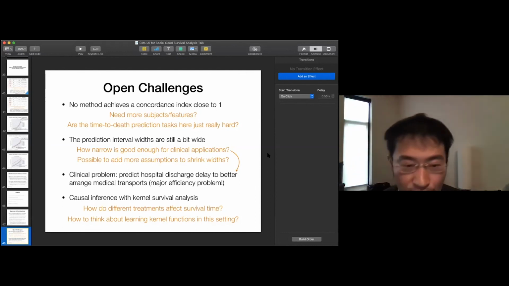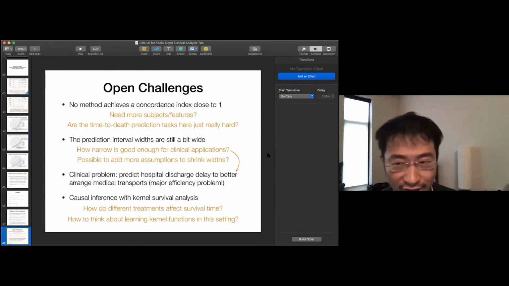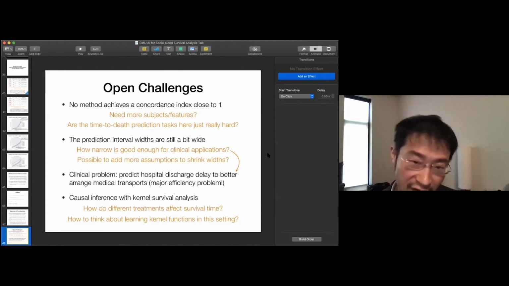Usually the analysis goes something like, I'm going to sample the test patient's feature vector exactly the same way as I sample training data. To get a guarantee for locally valid prediction intervals, you say, for the test patient, I'm going to sample from a modified distribution, which is